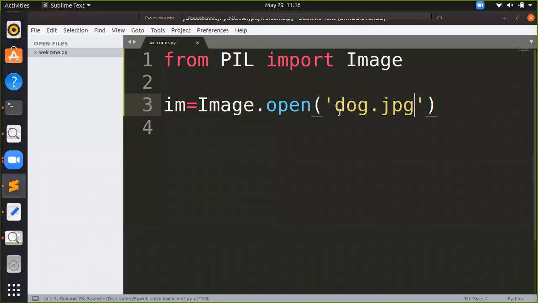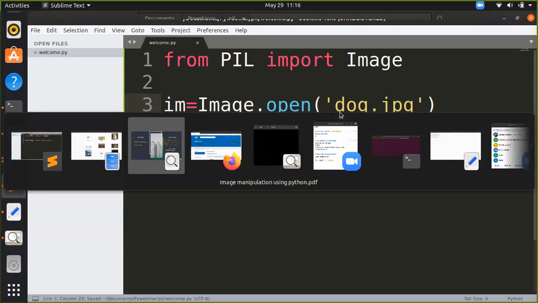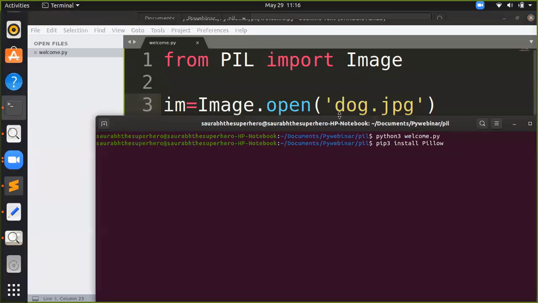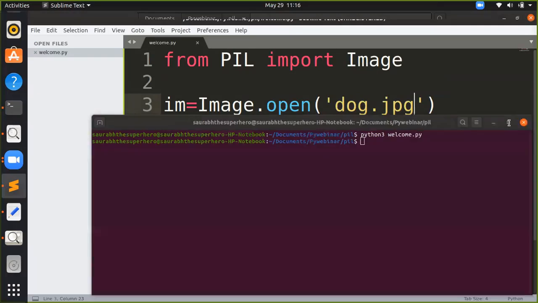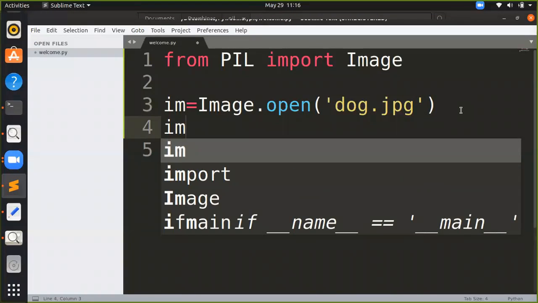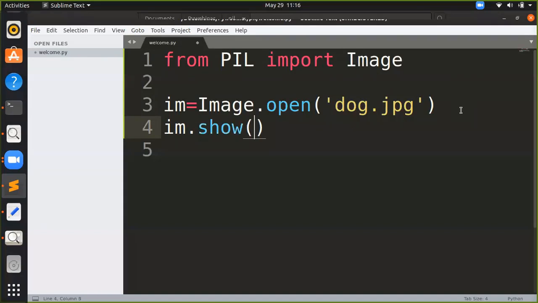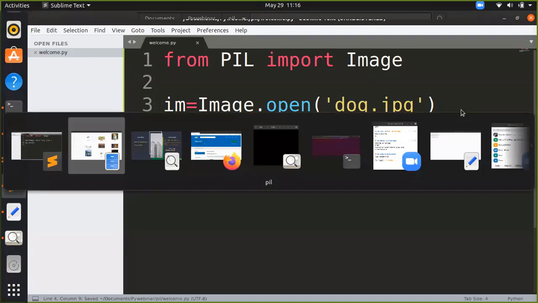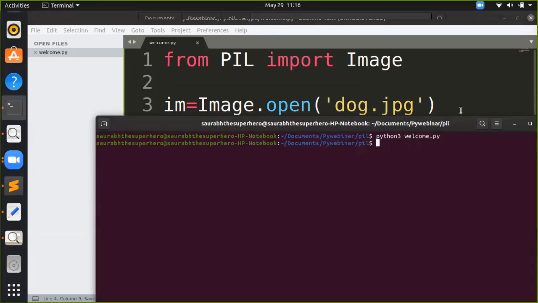Now I will save it and run the command again. We are unable to show anything here. Why? Because to display the image, you have to run the show command. So im.show. Don't worry, I will explain what exactly is happening here.